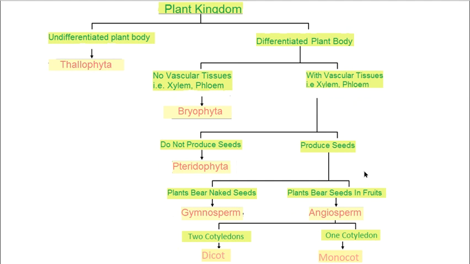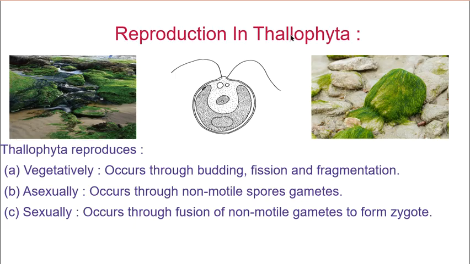Moving forward, we will be taking the reproduction system of each group. So, the first group is reproduction in Thallophyta. You all know that thallophytes don't have any differentiated body. This is a thallophytic plant which is called Ulothrix. Ulothrix looks like this, an alga. Fine, it is an alga. This is Chlamydomonas and this is Spirogyra. As you can see, they have only a thallus type of body and there is no other body part.